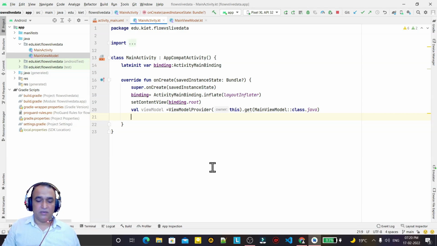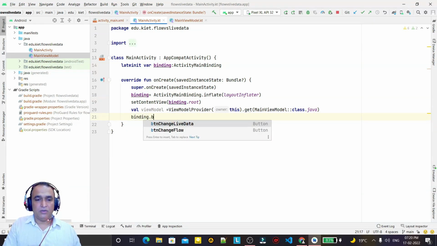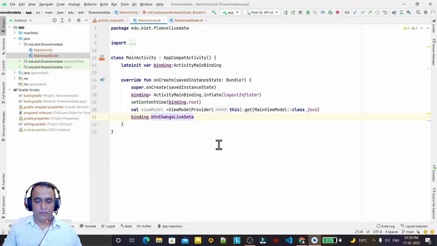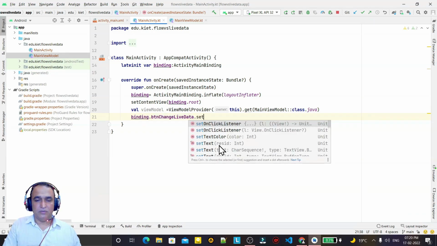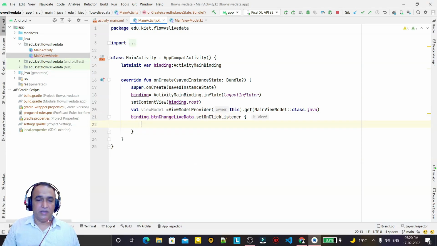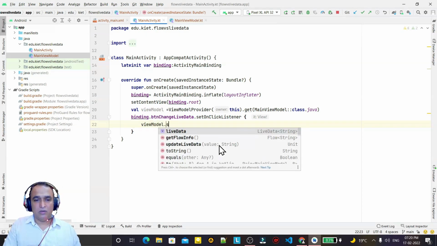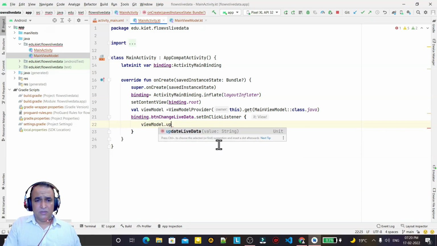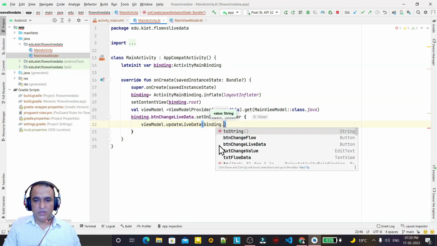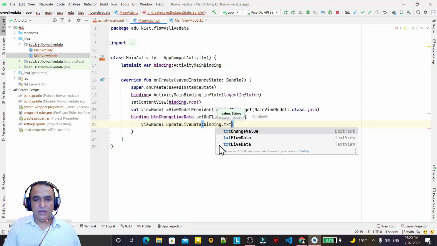Now I have to make event handling, so that whenever I click on a button then the value should change. So here I say binding dot btn. So we have a live data change event. So I say set on click listener, and here I want to change the value of that text. So here I call the view model dot update live data information, and here I have to pass the information of the text box.